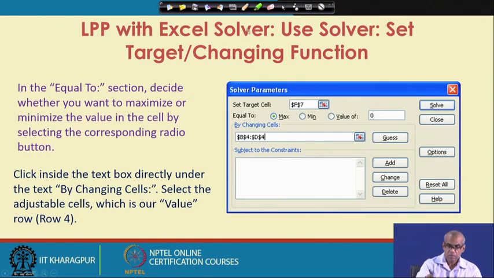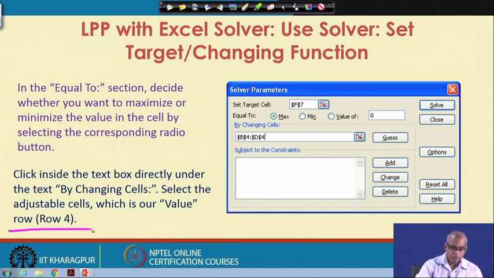Remember, row 4, or the row with objective value under column A, contains the adjustable cells, the variables x1, x2 and x3. So, that is B4, C4 and D4.